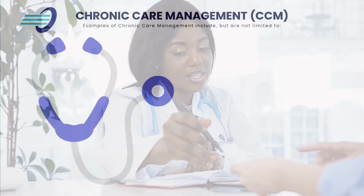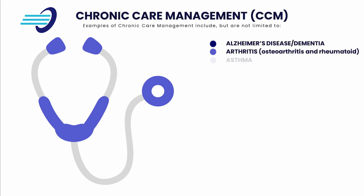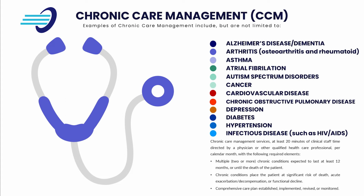Chronic Care Management, or CCM, is needed when an individual has a more acute need for monitoring and care of two or more chronic conditions such as Alzheimer's or other dementia, arthritis, asthma, atrial fibrillation, autism spectrum disorders, cancer, cardiovascular disease, COPD, depression, diabetes, hypertension, or other long-term infectious diseases. CCM allows for extended care by a physician or other qualified healthcare professional where a significant risk of death or